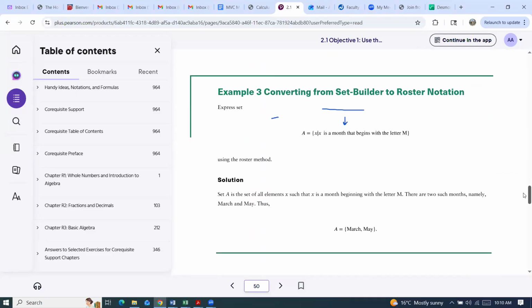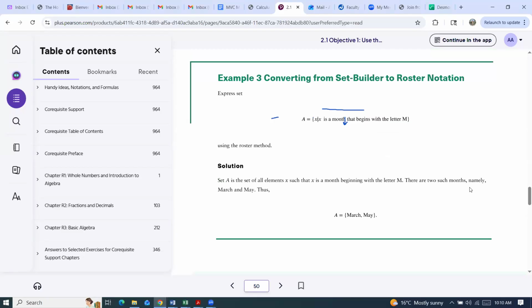And sometimes, in various exercises, it is better to use just listing of the set elements, like here, looks like they have a set A that has 2 months that start with letter M, March and May, or otherwise they could also use that set builder notation, say